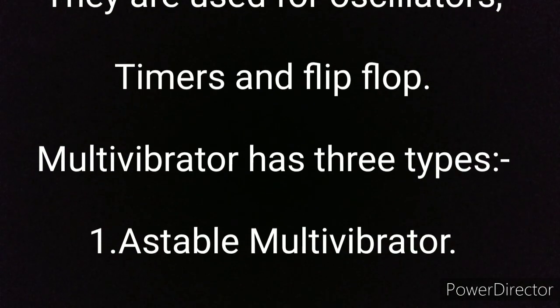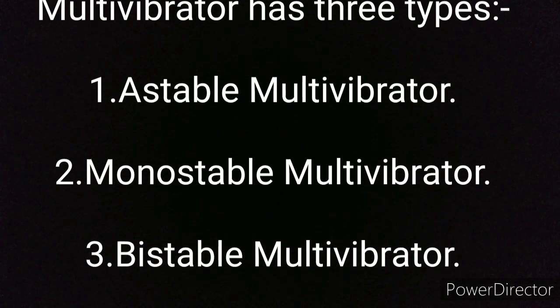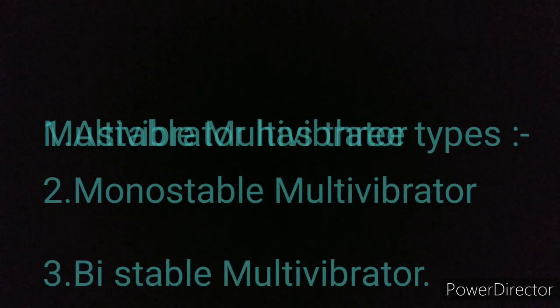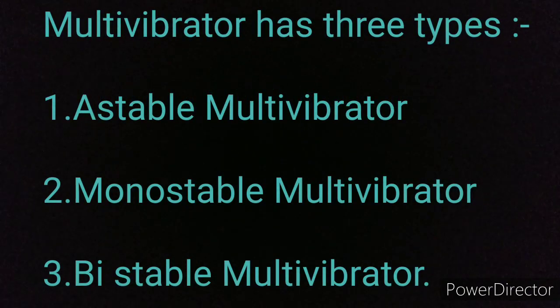Now I'll move to its sub part, that is astable multivibrator. Basically there are different types of multivibrator available. First is astable multivibrator, second is monostable multivibrator, third one is bistable multivibrator. According to the terminology, their natures are the same. In the case of an astable multivibrator, its output state is non-stable. It fluctuates between 2 points every time. It's also known as free running multivibrator.